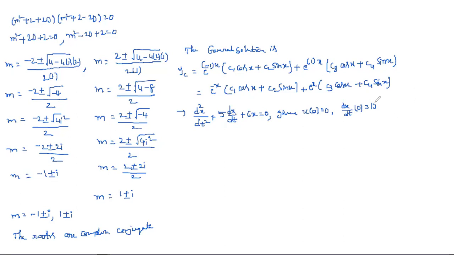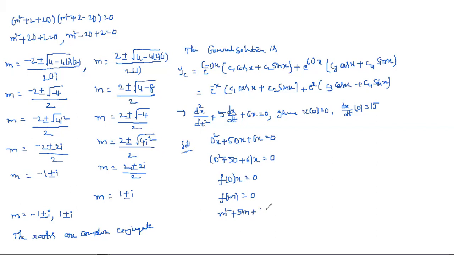So here it is. First, writing the general solution is the same as before. First, you need to write this in operator form, right? So if you write operator form, d square x plus 5 dx plus 6x is equal to 0. So x is the common one. So d square plus 5d plus 6 into x is equal to 0, right? Which is of the form f of d into x is equal to 0. And we need to write the auxiliary equation. That auxiliary equation is f of m is equal to 0, m square plus 5m plus 6 is equal to 0. So you need to find the factors for this.